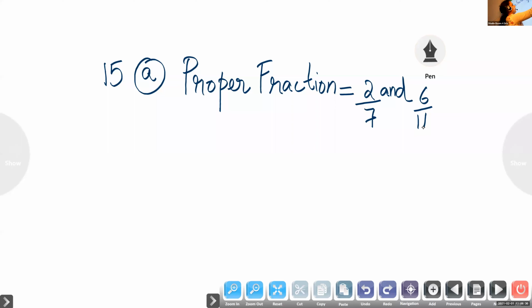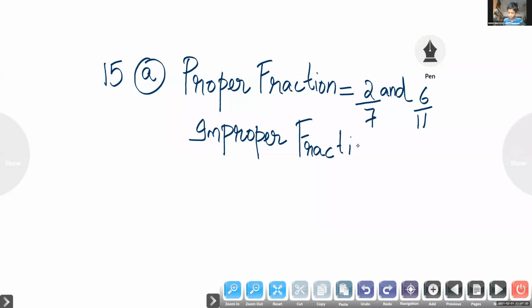Next, Binnu has to tell me improper. Improper. What is improper? Is there any more? Yes. 7 by 8, 1 by 4 and 5 by 11. No, that is from question number B. Question number B we are not taking now. We are doing question number A. Question number B, children, you will do as homework. Yes, Binnu, improper fraction.